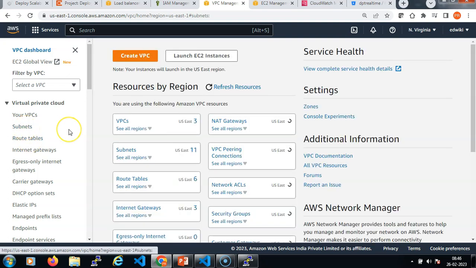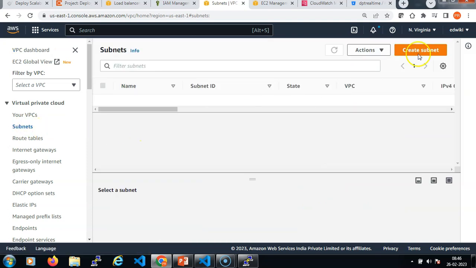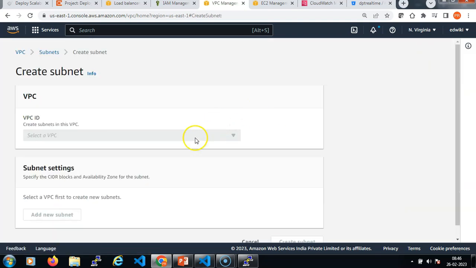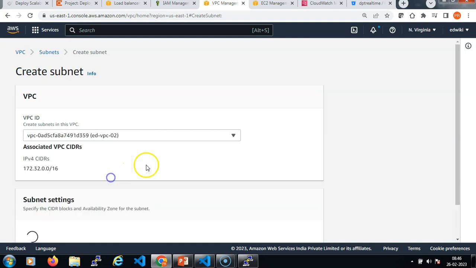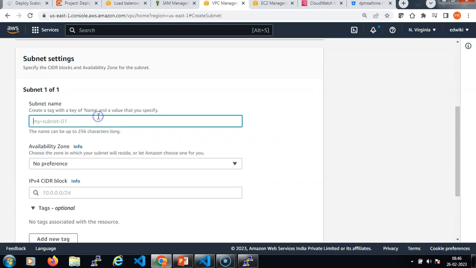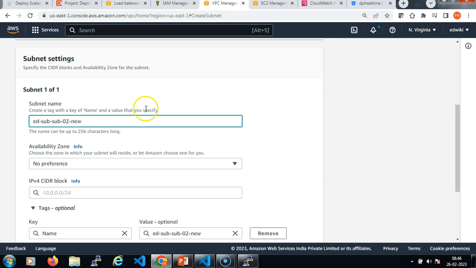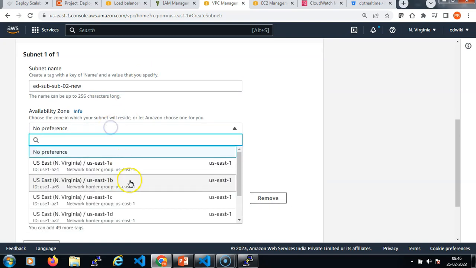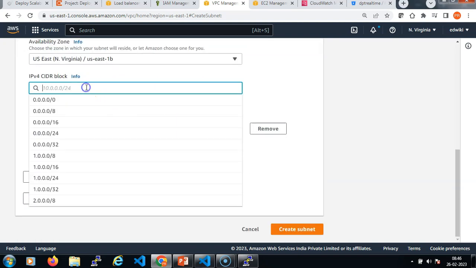So I'll go and create a subnet here. Click on create a subnet. Select my second VPC, right? This is, let's say, ED public subnet 02 new, just for ensuring this is the new one, on the 1B availability zone